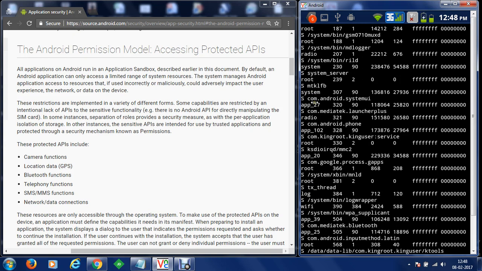Here there is an application known as System UI, which has the package com.android.systemui, and it is running with the account app_27. There is another application known as Launcher Plus, and this application is running with radio privileges. There is an application known as com.android.phone, which is running with another account known as app_102.